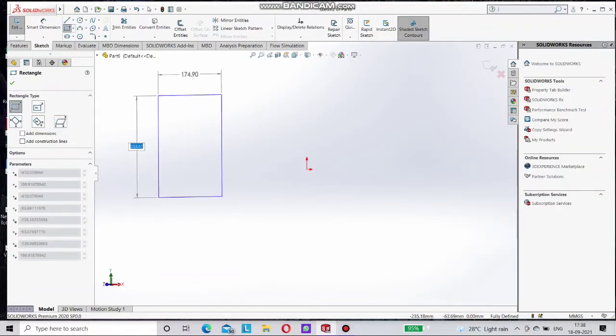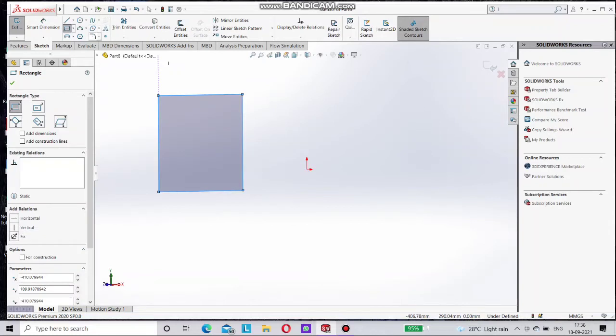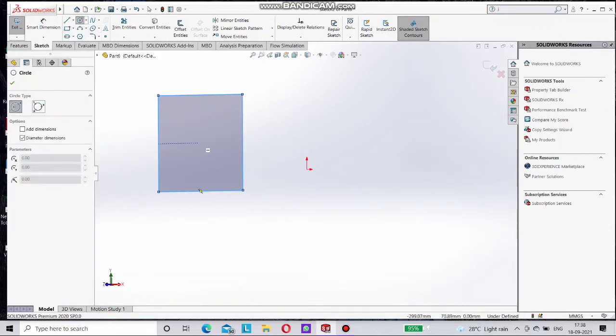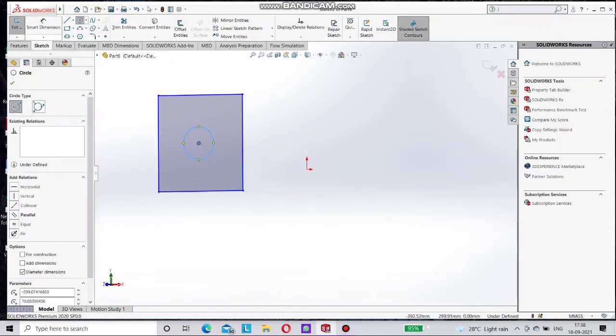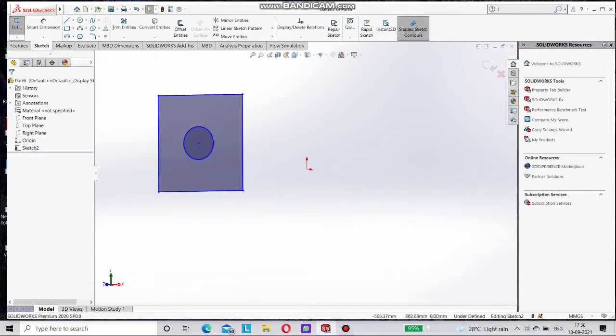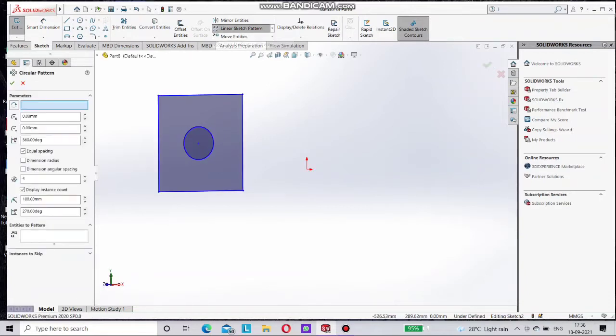First of all, we have to select a rectangle. In between the rectangle, we have to draw a circle for reference purpose only. It is not mandatory. So go to the circular sketch pattern here and select this circular sketch pattern